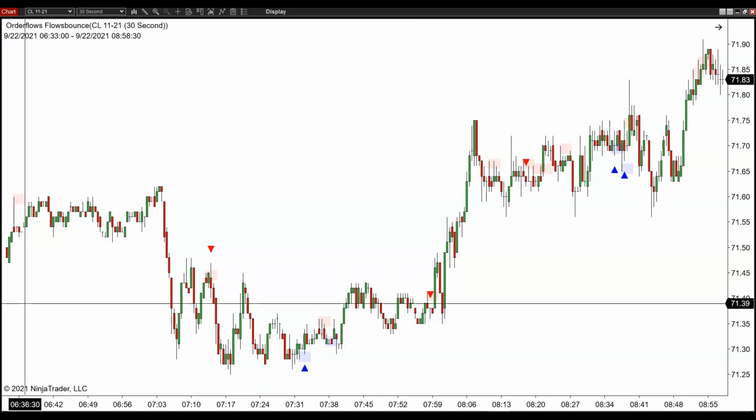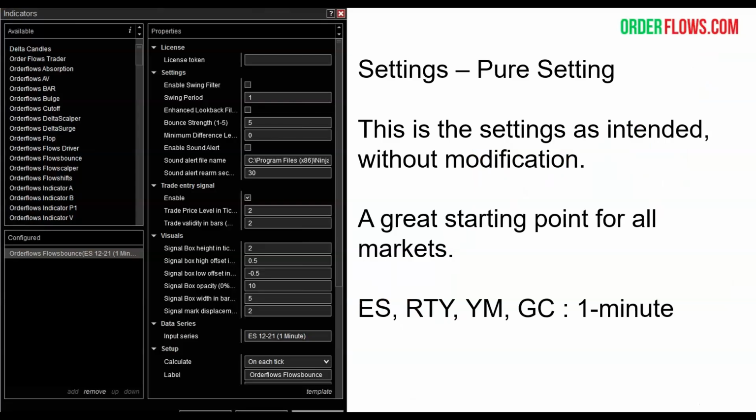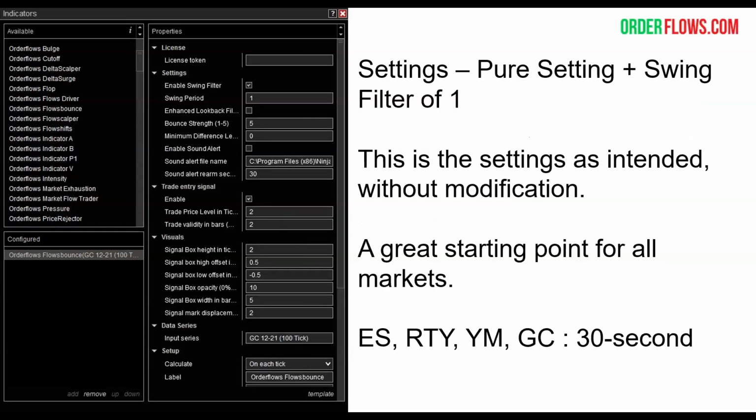Now, let's take a look at a different setting, right? So that was the pure setting, because I had crude oil as a good example. Now the swing setting here, right? You enable the swing filter, and really what that means is you're looking for a swing high or a swing low, okay? So going back to our crude chart,